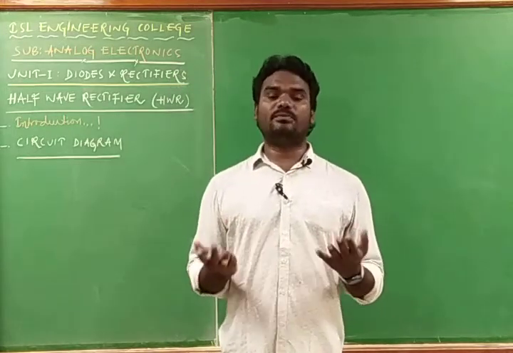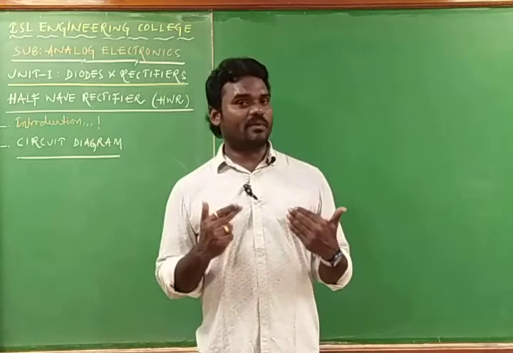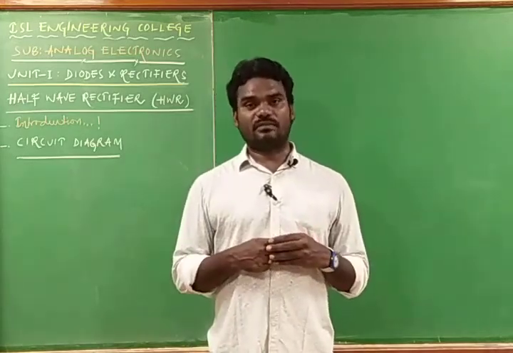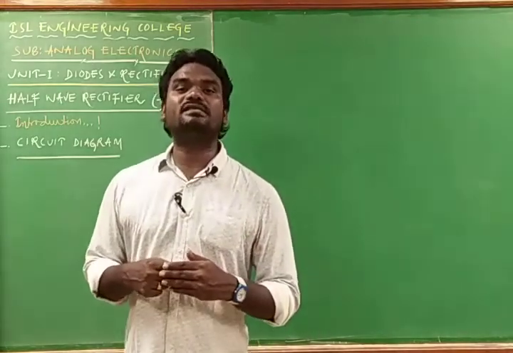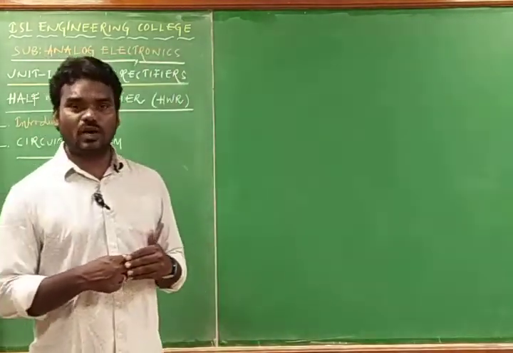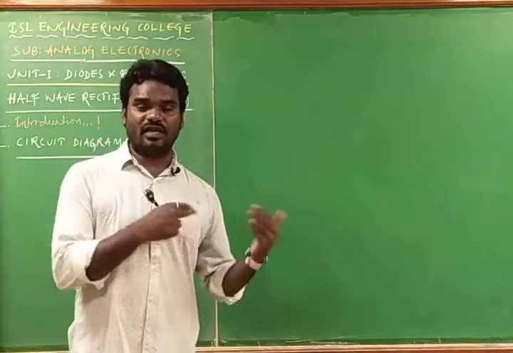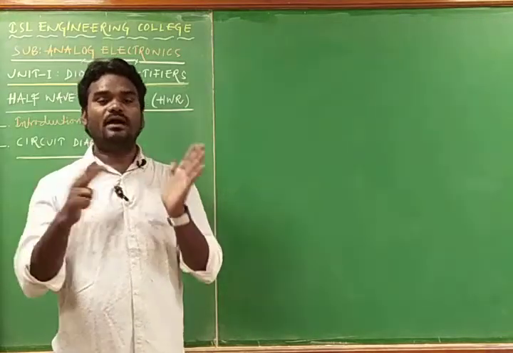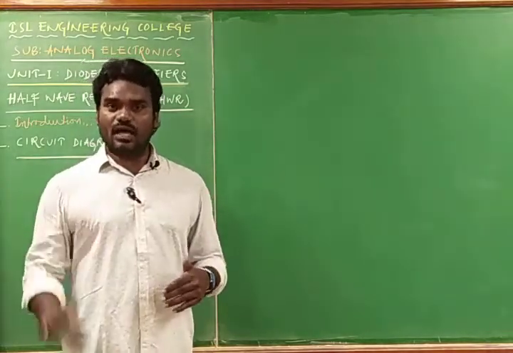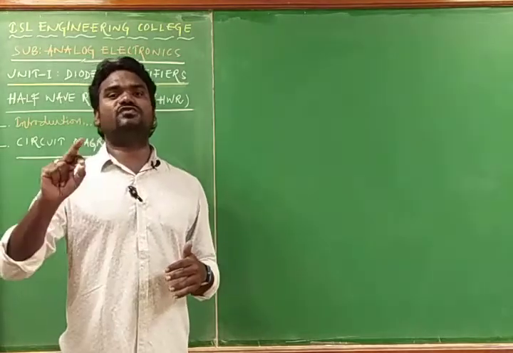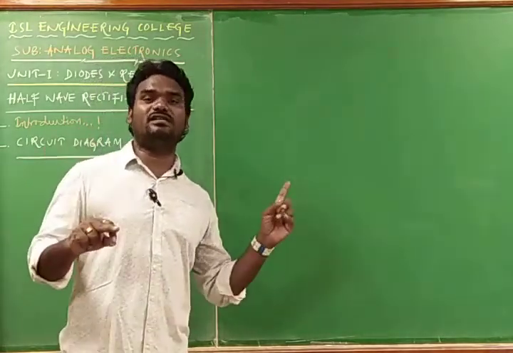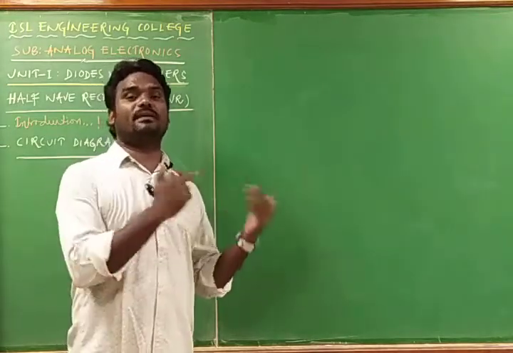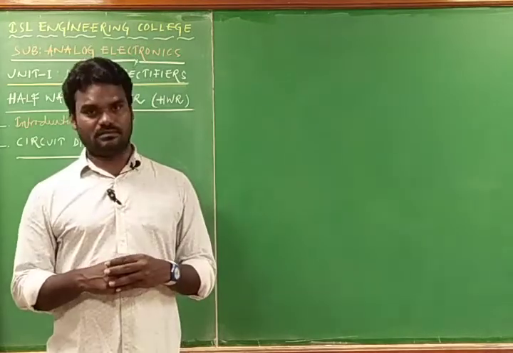Generally, we can have two types of transformers based on the number of primary windings and secondary windings. The first transformer is named a step down transformer. That means it can take the 230 volts of AC signal and reduce it to some 10 to 12 volts of AC only. Here you have to remember one point: the transformer is not the device which converts AC to DC. Transformer is used to either step up the voltage or step down the voltage.